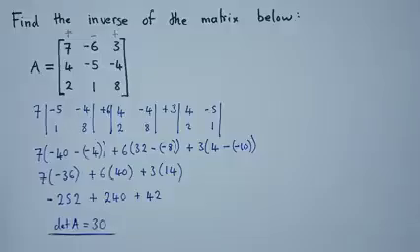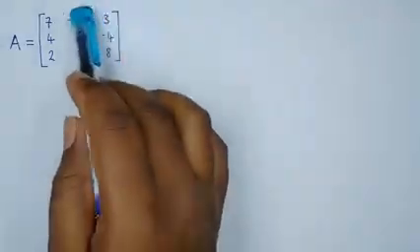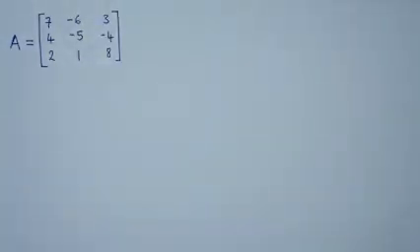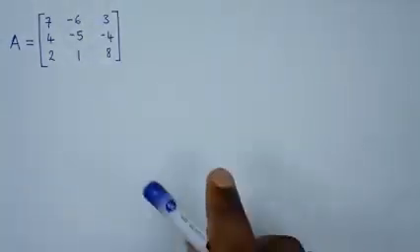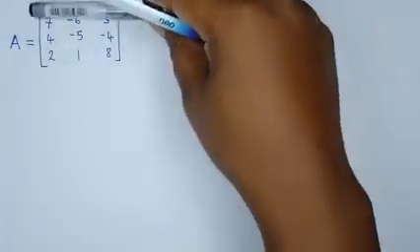So this is the first step. Step number 1, find the determinant of the particular matrix, of which we've done. The next step now is to find the cofactors. So let's go ahead and find the cofactors. Okay, so we're back to our matrix A. So to find the cofactors, we're going to be picking each particular digit in this case and creating a 2 by 2 matrix. So for example, if we pick the first value, which is 7, we're going to hide the